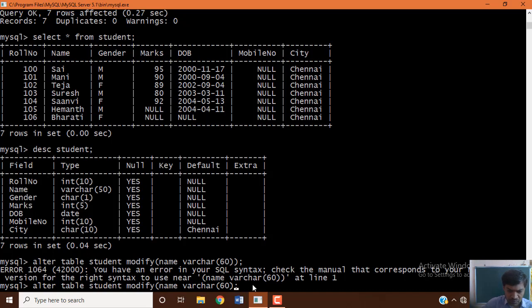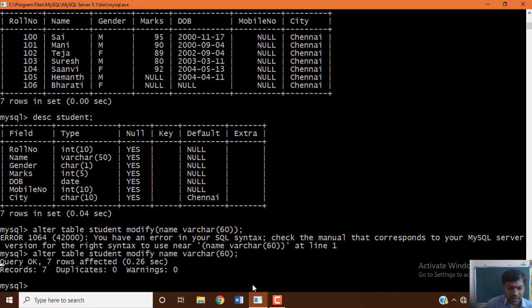Let's see. Yes, so brackets are not required. The parenthesis which we used is not required. Even textbooks give parenthesis, but take care, parenthesis is not required in a query.